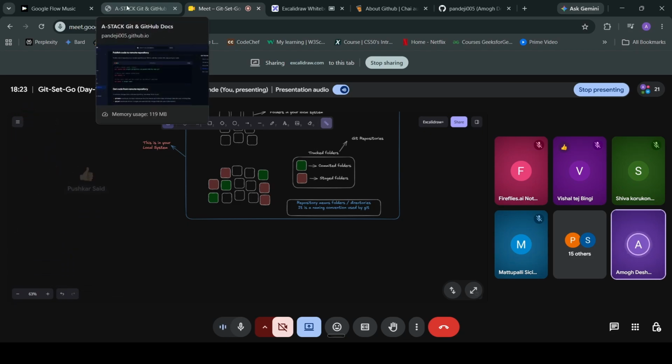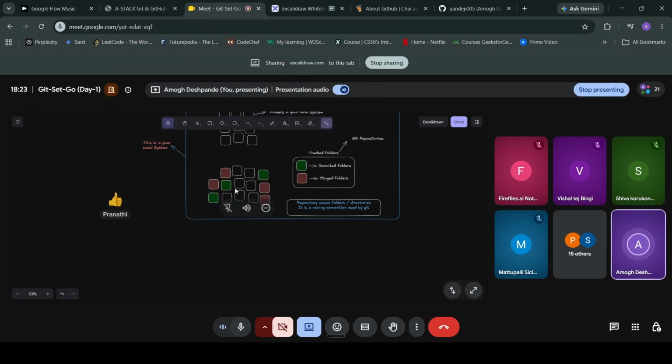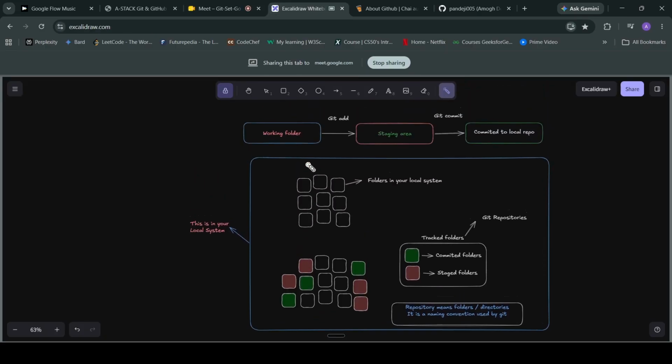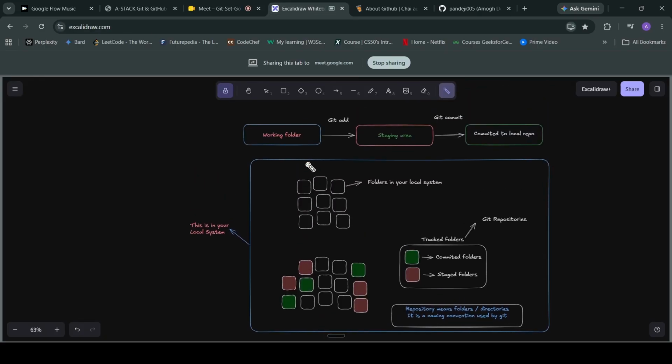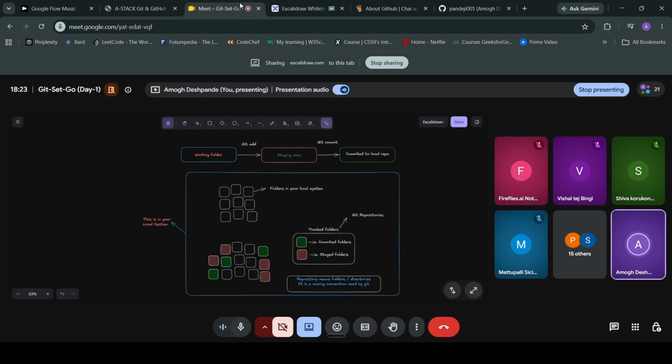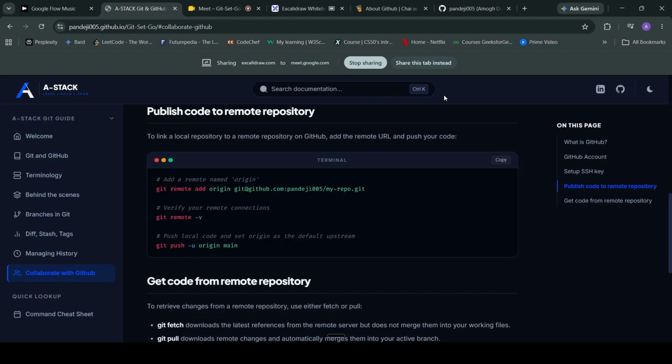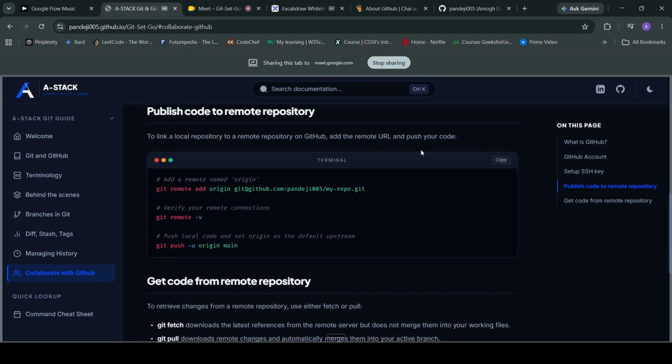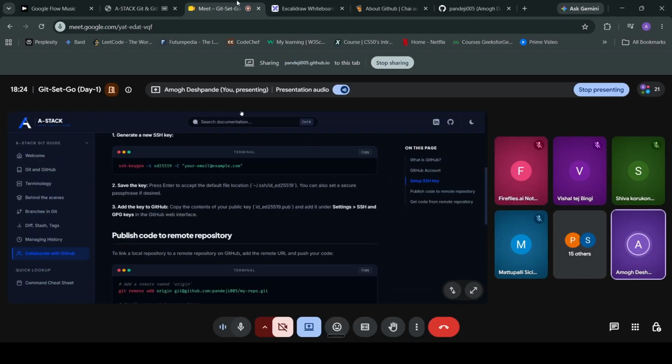So let's go. One thing, I will not explain it in a very basic manner like how every other teacher explains. For you guys, I have created a specific documentation. Can you see, is my screen visible?